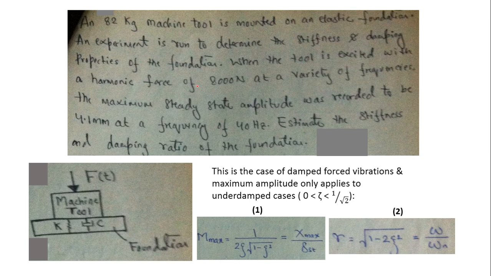Now you have to focus on a point where they have recorded a maximum steady state amplitude. They are asking you to estimate, rather calculate, the stiffness, which is k, for this foundation, and the damping ratio, which is zeta. So you have to estimate it using some calculations. The frequency at which the maximum amplitude is recorded is given to be 40 hertz,